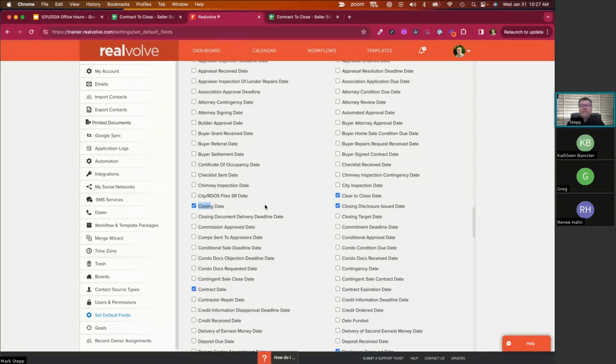Now, again, if you're using a workflow and that workflow uses a particular date, if it's not being used in this